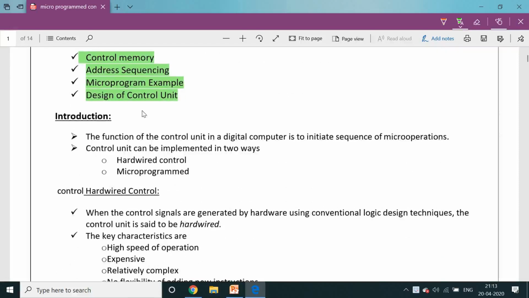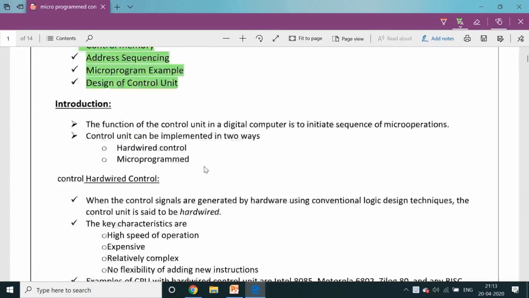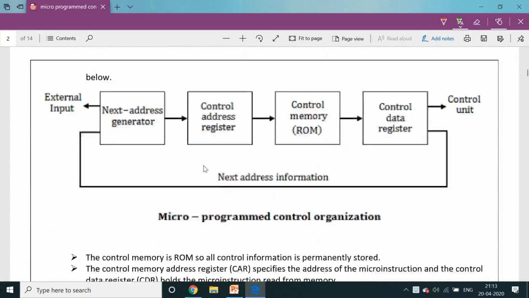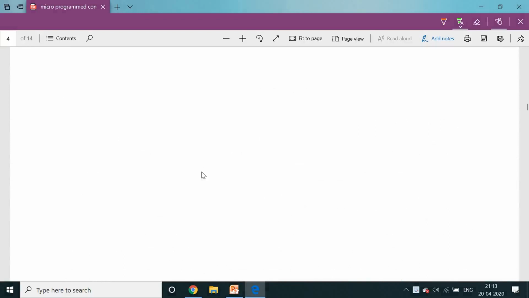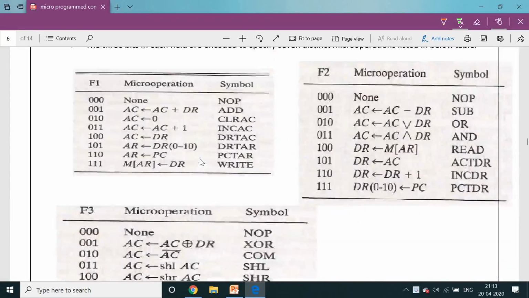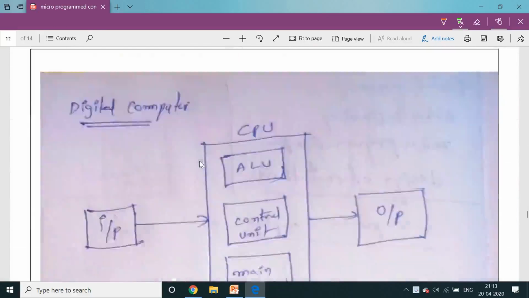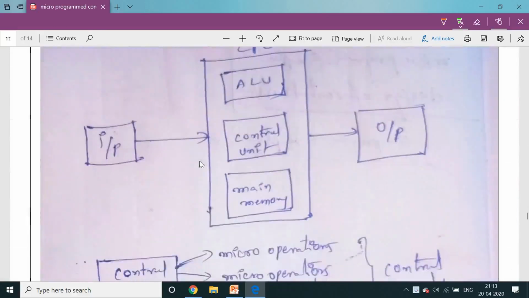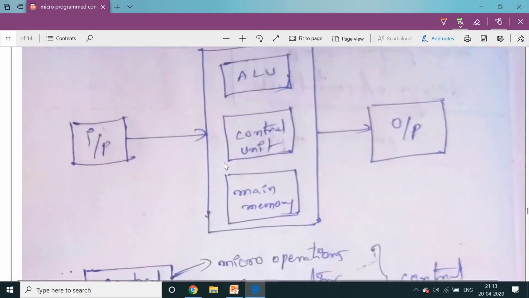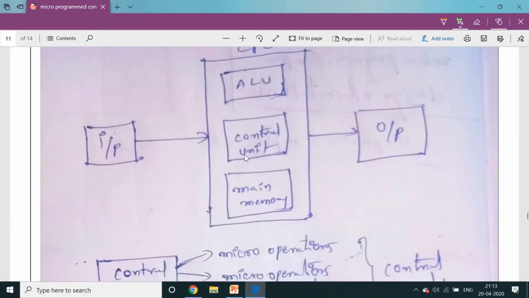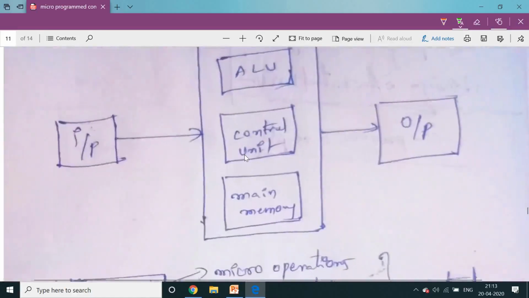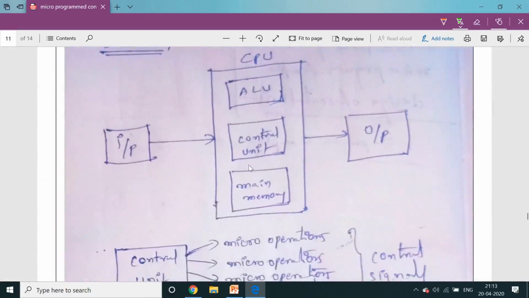Before discussing all these four topics, let us see some basic knowledge about the block diagram. See here, this is a digital computer block diagram, the general basic blocks.